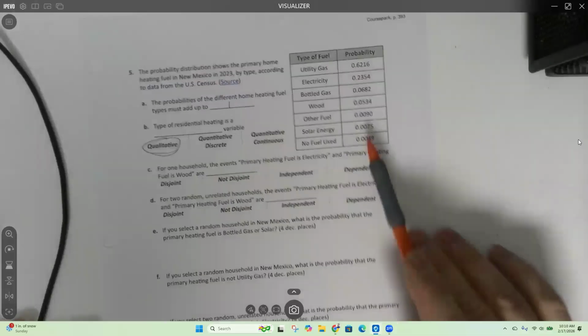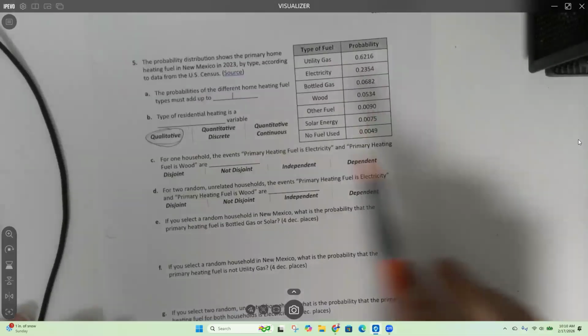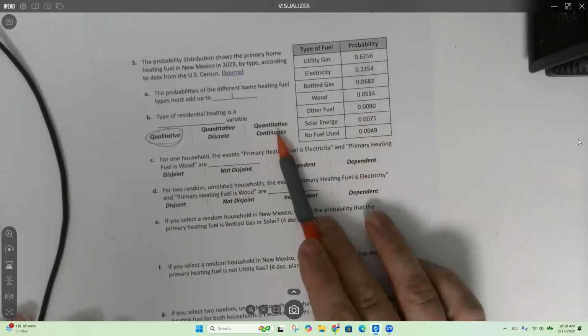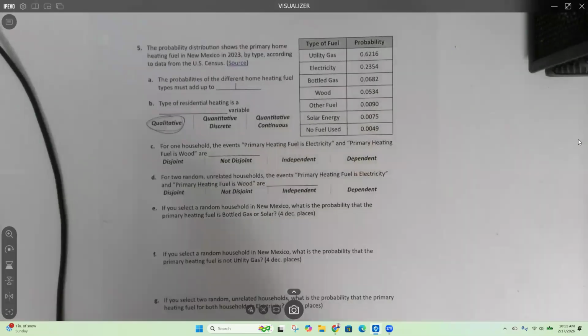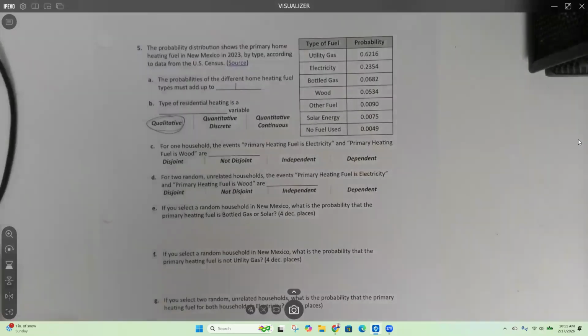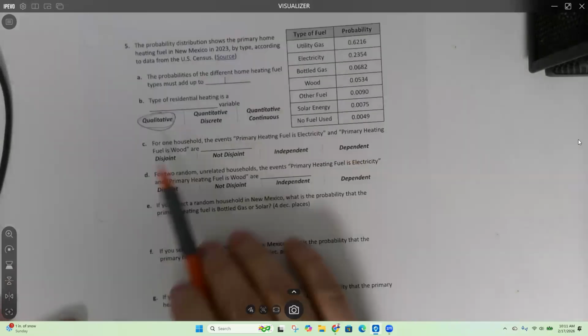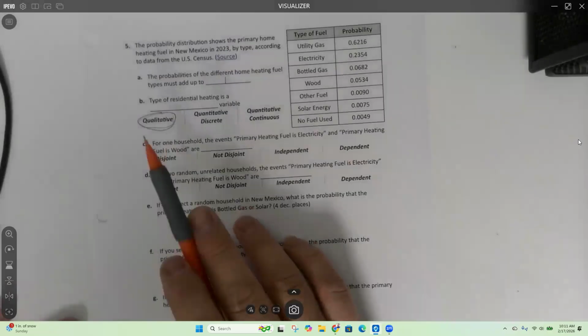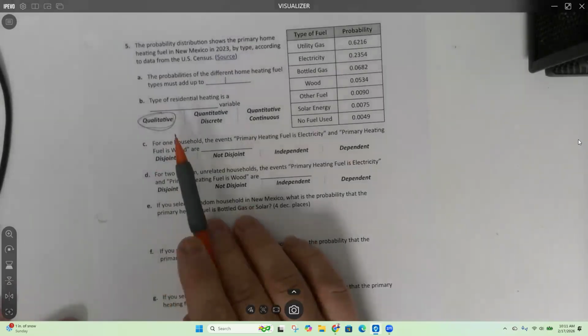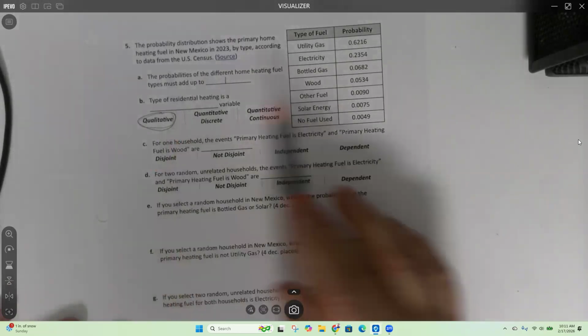Don't get thrown off by the fact that these probabilities are decimals and you're like, oh, well, it's continuous. Okay. No, when we're talking about probability, we are almost always measuring qualitative data. Well, that doesn't make any sense. Qualitative is not numbers. Qualitative categories, and how many, what frequency of things fall into each of those, which are numbers.